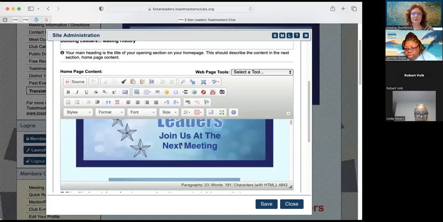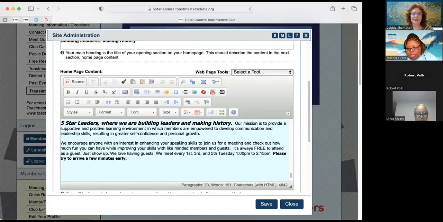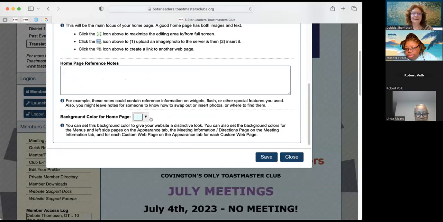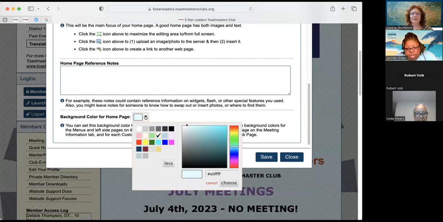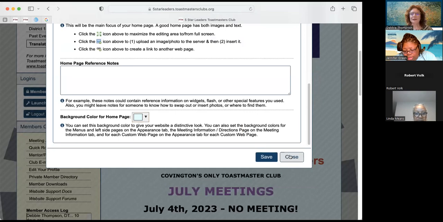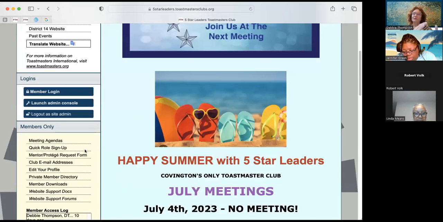And then if we scroll down to the bottom, there it is. This says I want the background color for my homepage to be this blue. I could change that if I wanted to, and there are a lot of options for changing. But just remember that if you can't find it under appearance, the background colors may be on the page itself. So when you go behind the scenes for that page, you'll see where the background is.